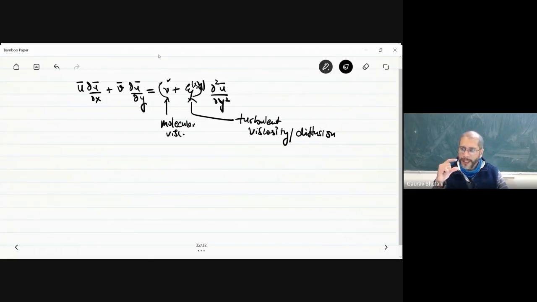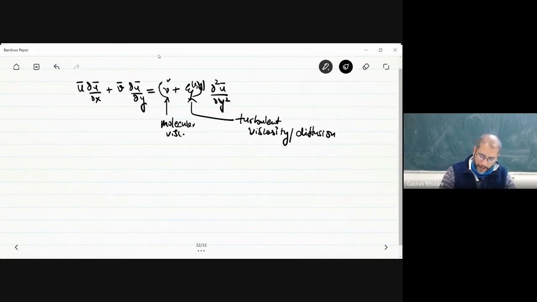So very close to the plate, your momentum molecular effects are much more prominent as compared to turbulent effects. But far away from the plate, the molecular effects are almost negligible as compared to the turbulent diffusion effects. That is the reason you see a very flat profile in most of the region, but in the region very close to the plate, you see that you still have a gradient. That means that the molecular viscosity is still active. So it's still dominating in that region. Okay, so this is how we typically model this system.